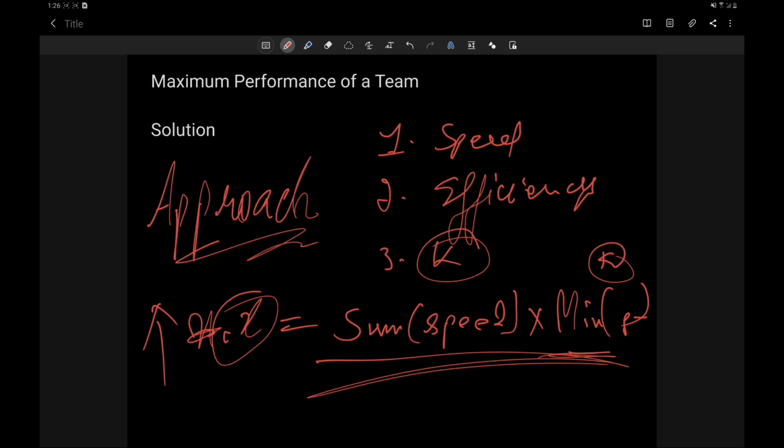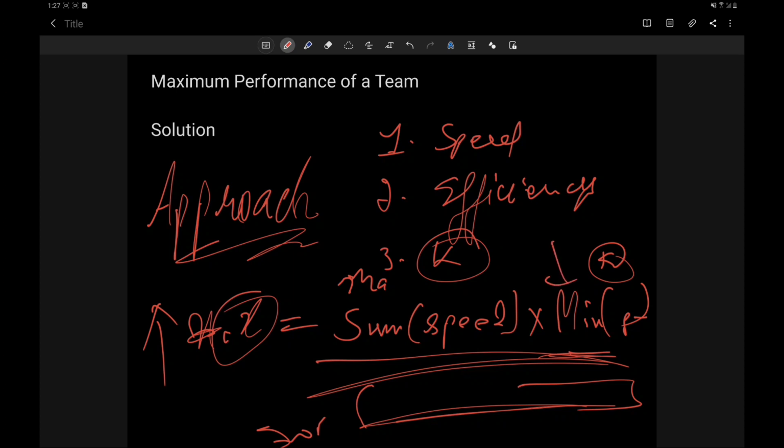So for the maximum performance and to consider every case, we sort our array on the basis of their efficiencies. All right, and if we sort the individual arrays, then the link between the respective speed and efficiency would mismatch. So we will keep it in a map structure with key value pairs, and we will sort on the basis of their efficiencies.